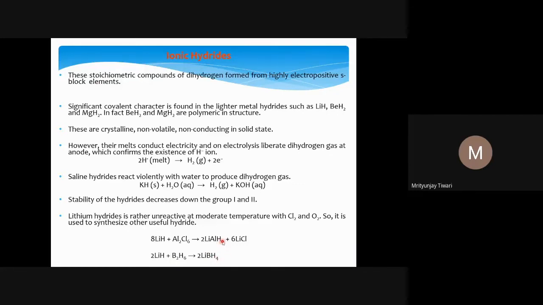Like here, we know the hydrogen is in large amount. The mass percentage of hydrogen is also quite good, so one can think of it as a possible hydrogen storage material. In this area people have worked, and some research is still going on as well. Since hydrogen is a gas, there is a problem with its storage, because if you want to use hydrogen as a fuel, you should have enough mass of hydrogen in a smaller volume. That is called storage. Enough, because when you burn it, you will get a large amount of energy as well.